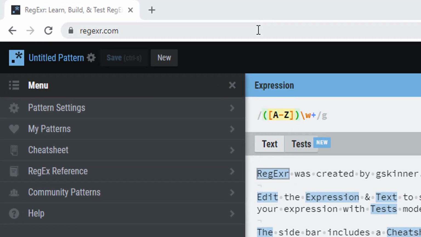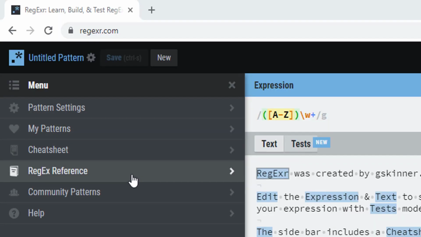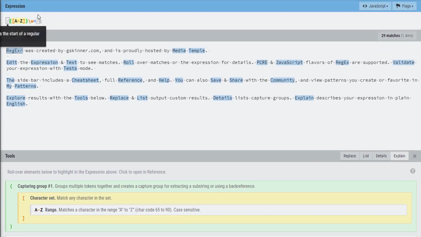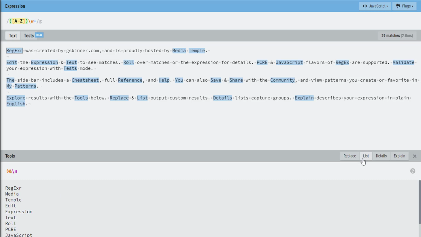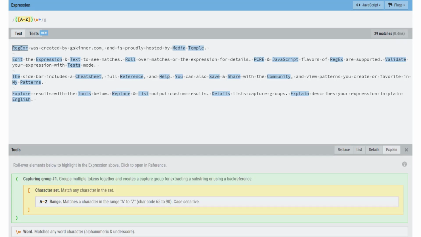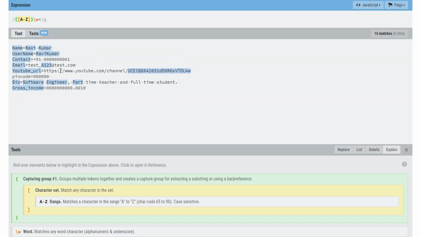Here I am using an online tool called regexr.com to write and validate this search pattern, or regular expression, you can say. The main benefit it offers is that you get a cheat sheet as well as a full regex reference, and whatever pattern you create, you get the explanation for it as well as the matching items. So let's start by creating some of the basic regular expressions or search patterns. I'll replace some dummy text over here, and we will start with the basic ones.